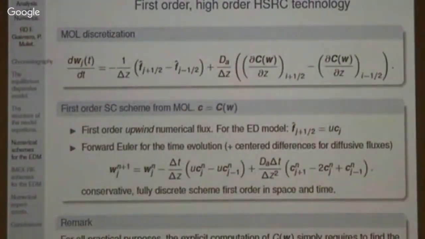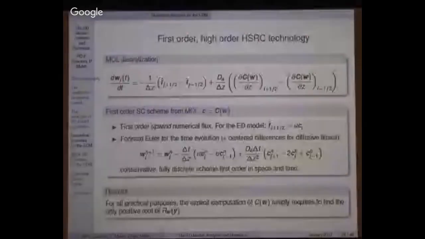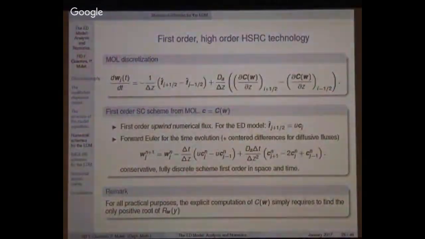All right, so let me just show you a first order scheme, just to highlight some of the things that I want to tell you later, okay? So suppose that I use the simplest possible thing, which is first order upwind numerical flux. Upwind means that the flux should look in the direction of the propagation speeds in the system. They're all positive, okay? So if the propagation speeds are positive, you should look to the left to get information, okay? So the natural upwind numerical flux is this one. You look to the left at the J+1/2 interface. And you just use a simple center difference for the diffusive fluxes,